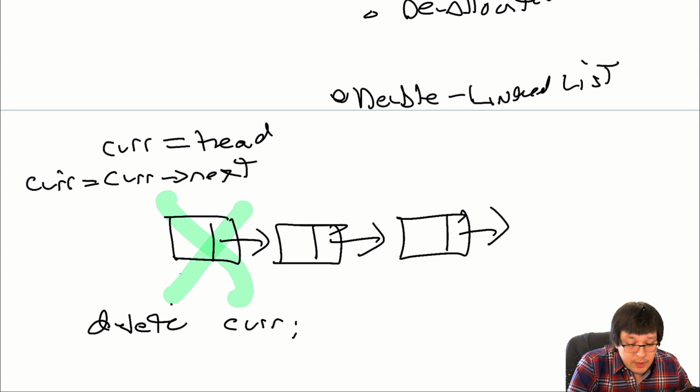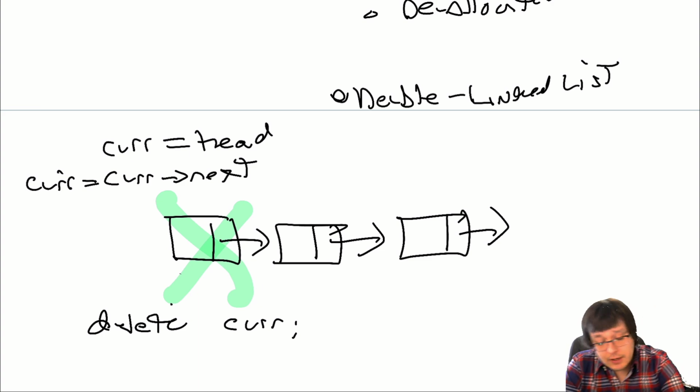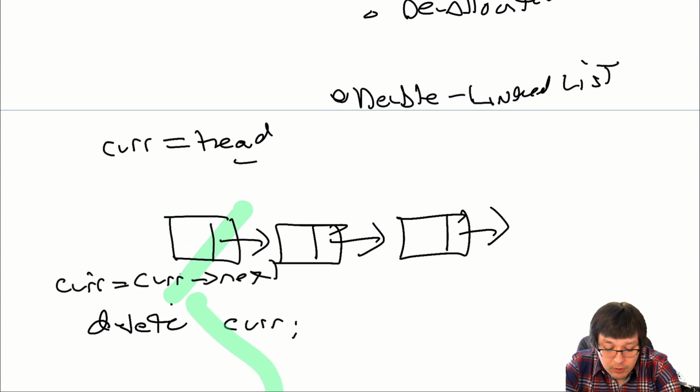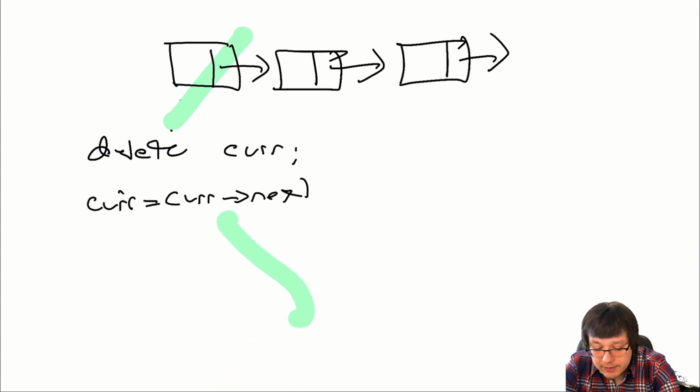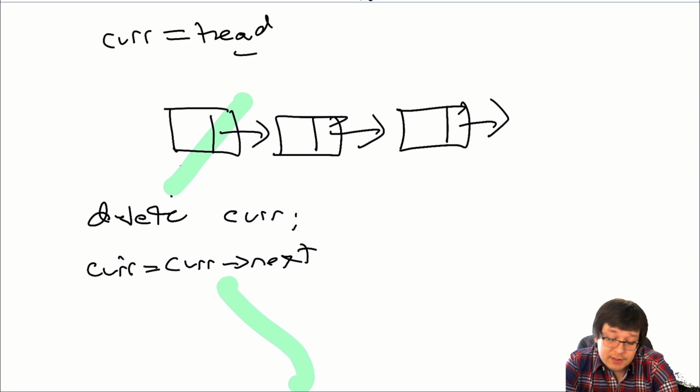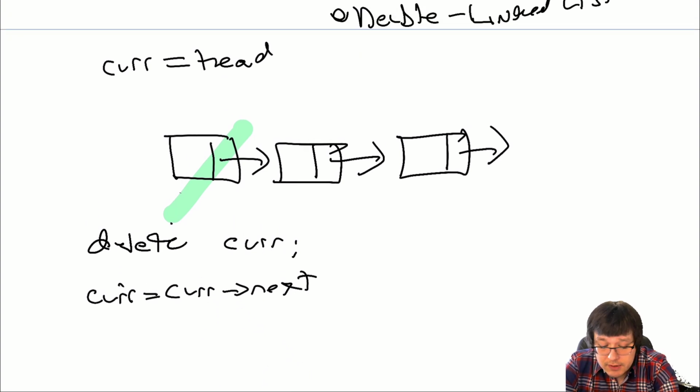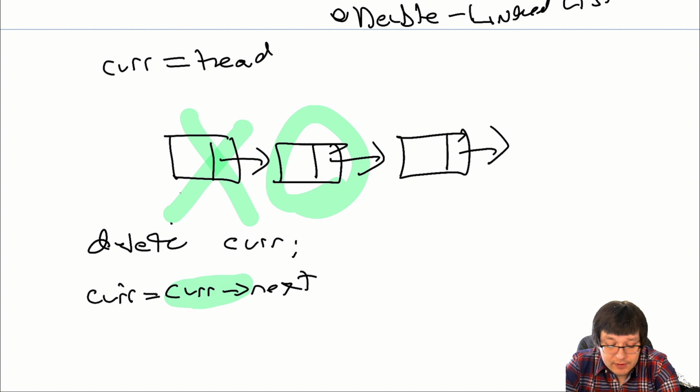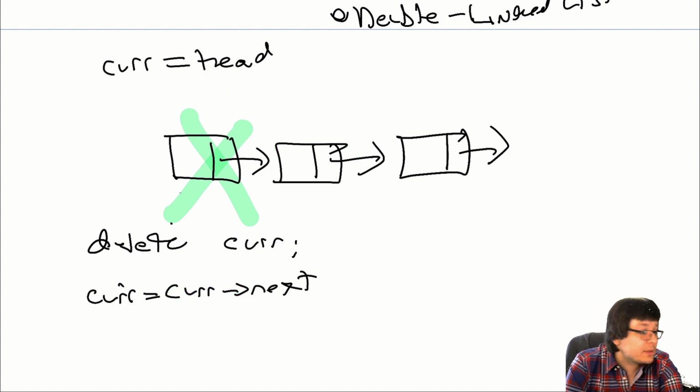However, if you do this, then you have lost access to the first node. So you need to delete it before you do that. So that's why it's easy but wrong to say, okay, first call delete so you can delete it, but you still have access because it's a dangling pointer, and then go ahead and call cur next. That will work, like I said, but the problem is that when you deleted cur like this, and then you're updating cur to be pointing now to the second one, which is this one, you're accessing still the old cur, which is accessing something that is no longer yours, which is the dangling pointer issue.